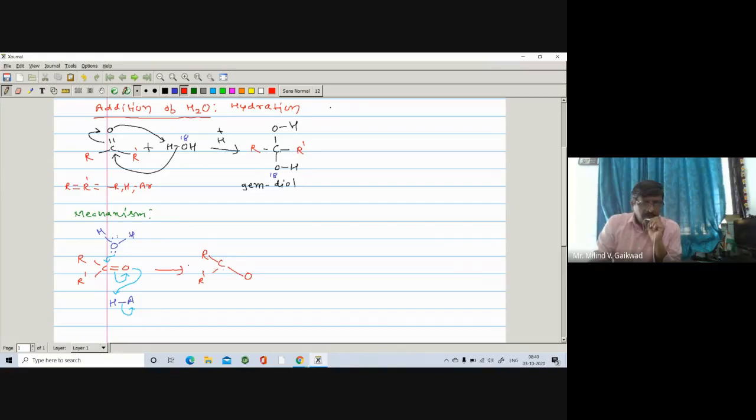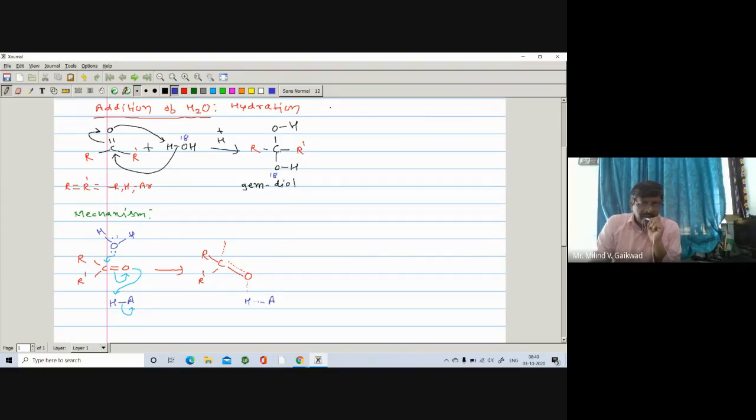So this pi bond on this oxygen is going to break. So there is a breaking of the bond, right? At the same time, the bond between this oxygen and carbon undergoes forming, and the bond between this O and H undergoes forming. So here, formation of bond between this H, right? So here H, this bond breaks, HA.